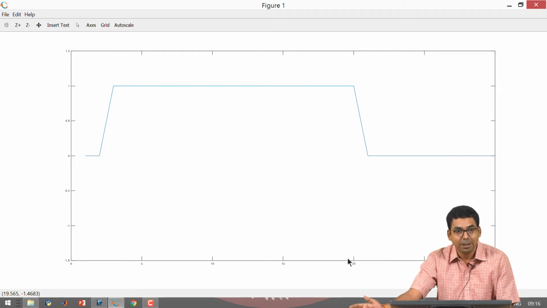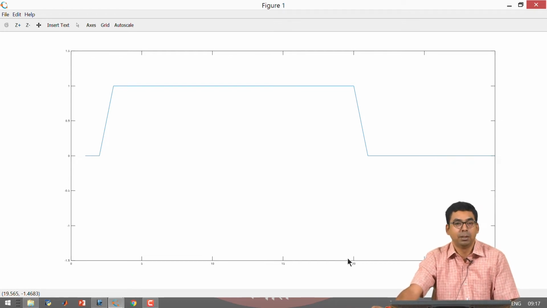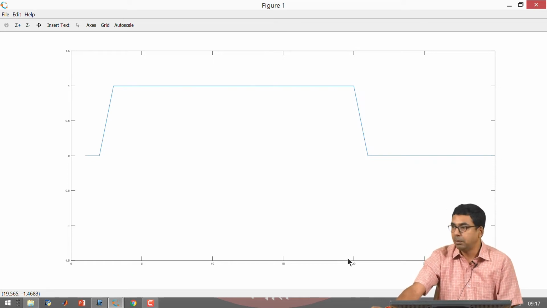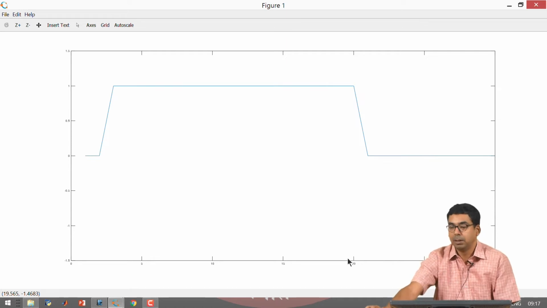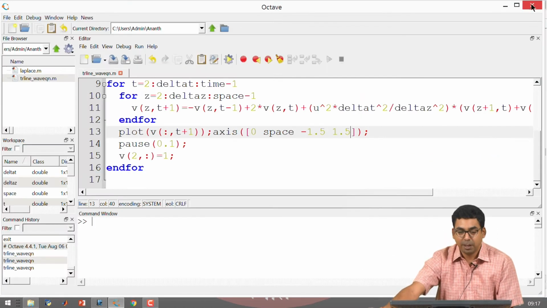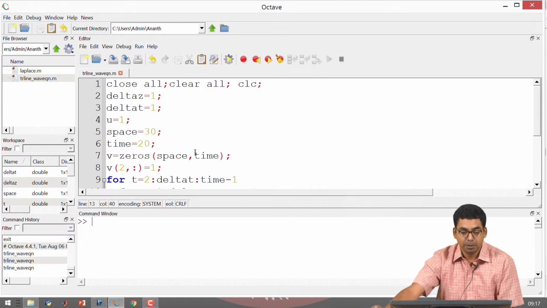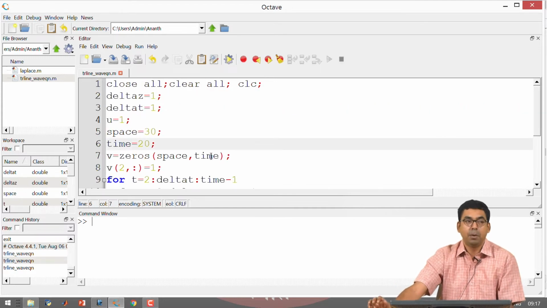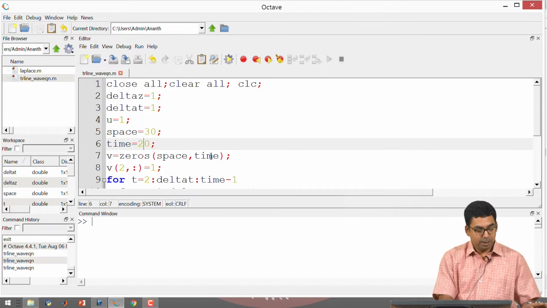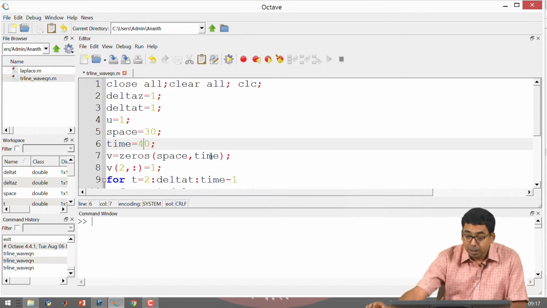This is the way to look at the wave equation for the voltage. If you give a source, it is going to solve and tell you that there is going to be some wave front traveling along the transmission line. But some funny things happen in this, and that is why I wanted to go into detail. I am going to increase the amount of time for the simulation to say 40, and I am going to run this again.